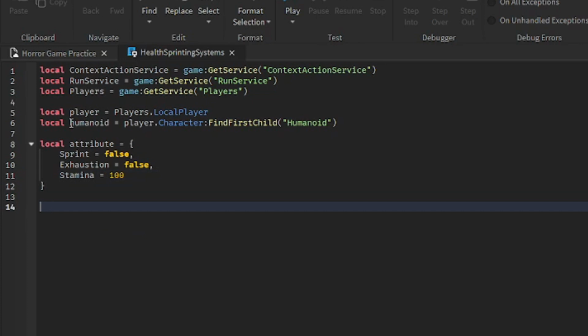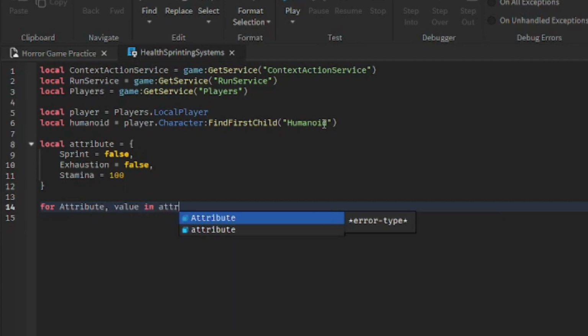Now, here's the thing. We want to add these attributes to the attribute section of our humanoid in the properties panel, right? We can do this using set attribute function, and I will explain it in a second. So first, create a for loop for this attribute table. So for each attribute and the value of the attribute in attribute table,